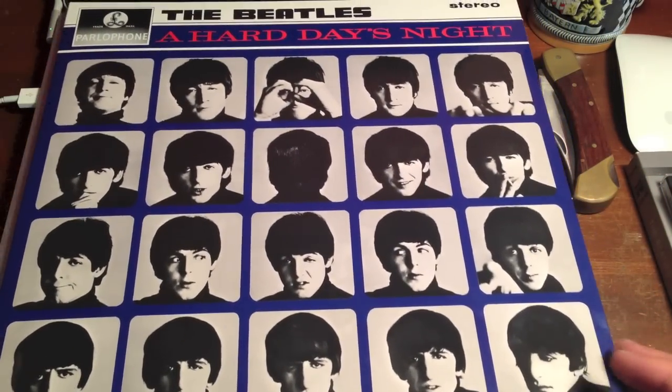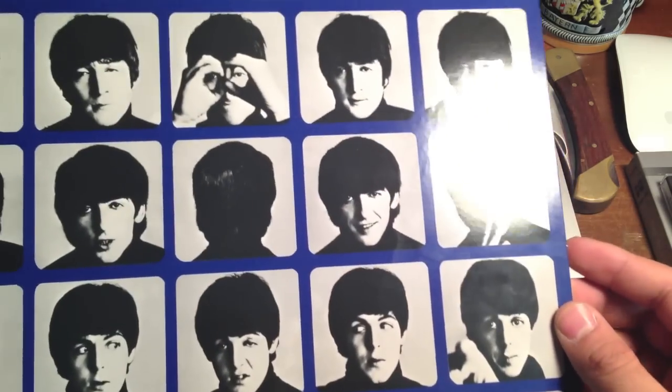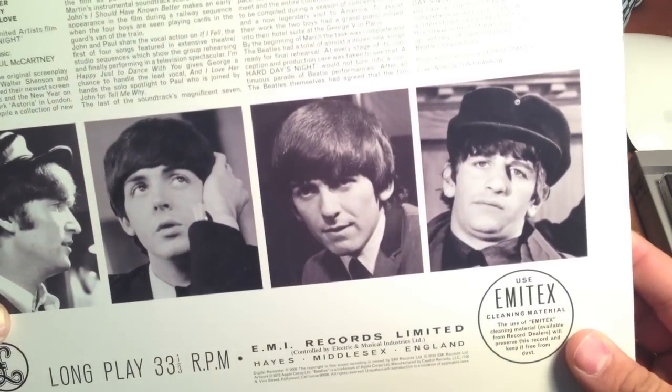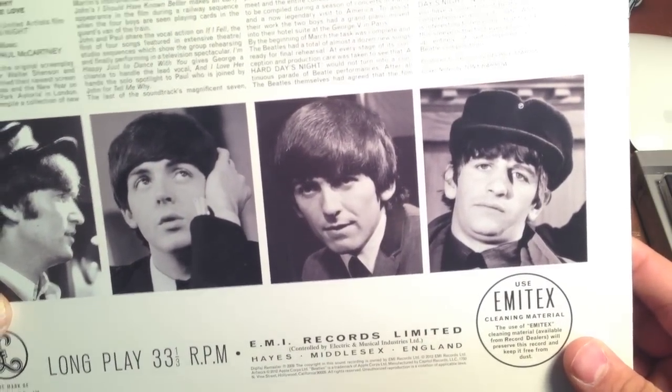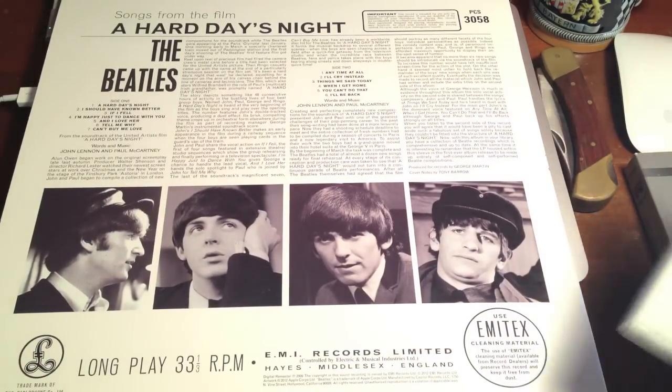Very cool album art that's been copied by many artists, actually. So yeah, Parlophone, right there in the corner. And really cool. Alright, let me show you a couple other versions of this album I have, as per